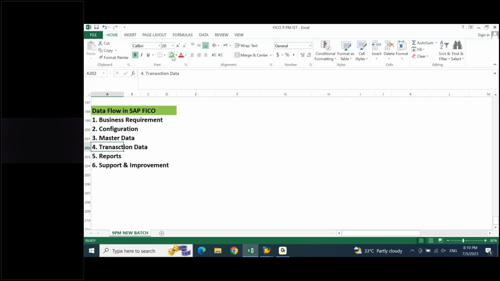Once the master record is created, you are going to create transaction data. Once the transactions are created, you are going to generate reports to check if your report is working properly or not. Because report is the tool to validate whether it is right or wrong. Correct? Next one.